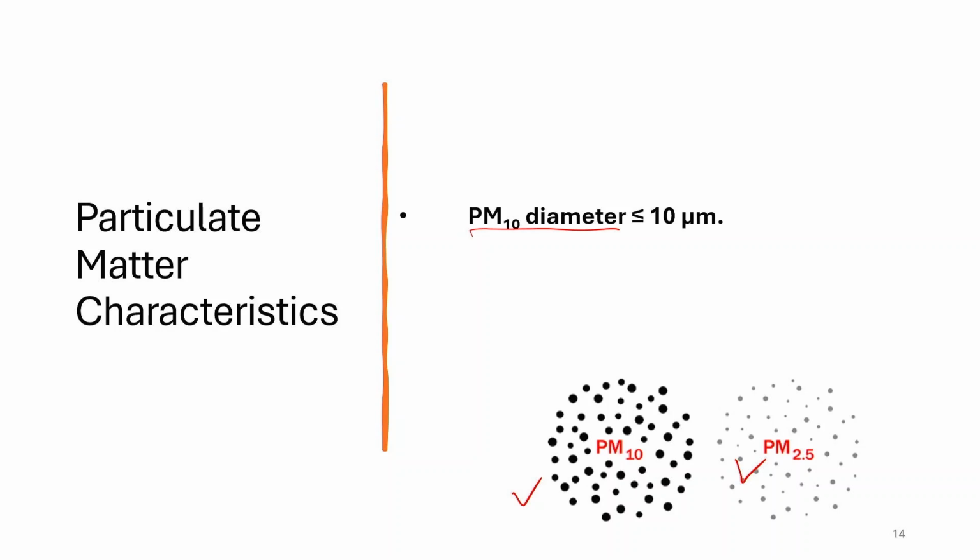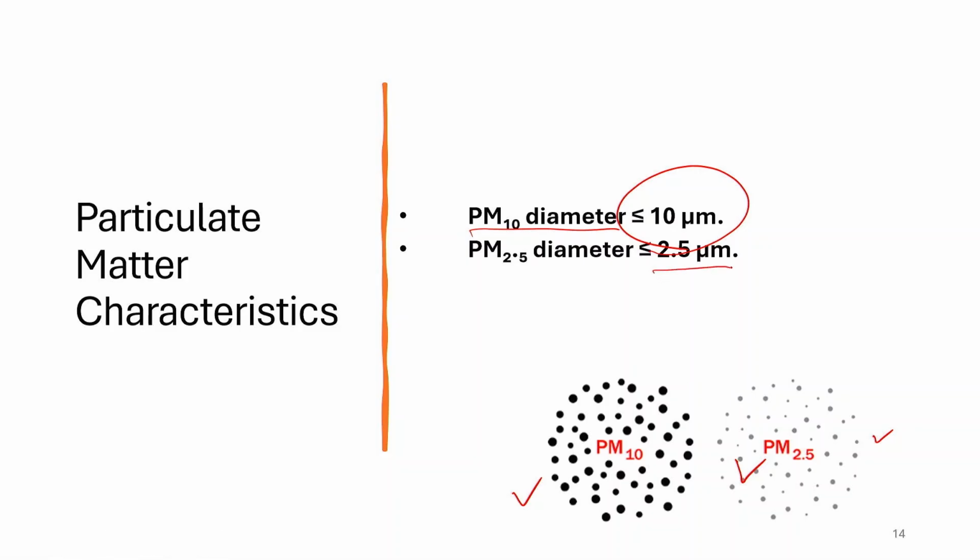The diameter of the particle is up to 10 micron. Whatever particles are there up to 10 micron also includes 2.5 micron. So, that total mass, if we know, will be PM 10, and PM 2.5 is less than or equal to